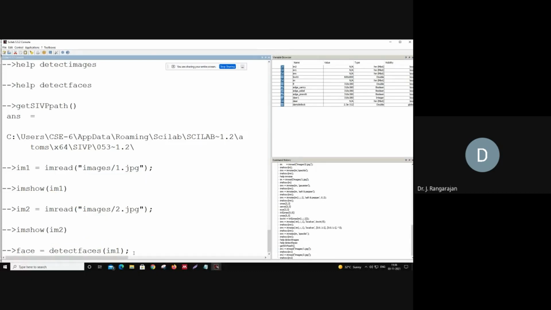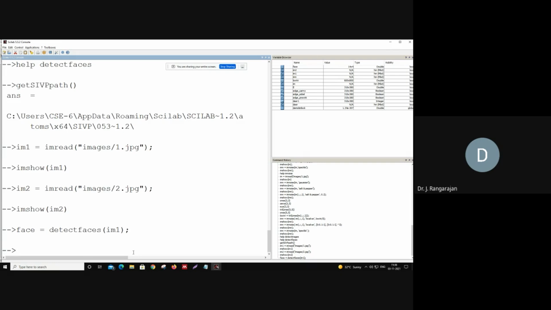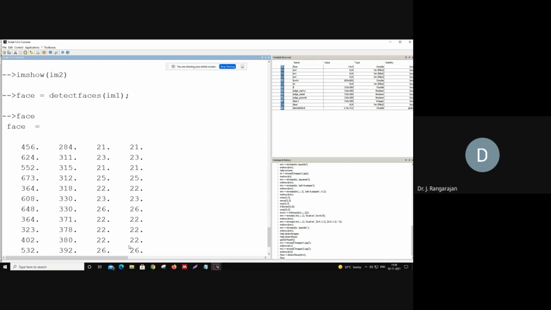So it will return something. Now what is that? Now we are running this. It will return certain values,